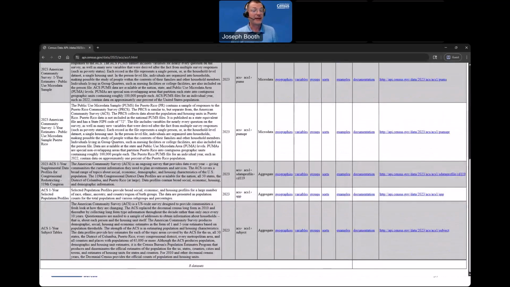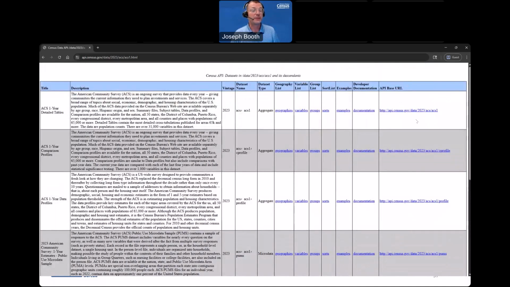So I'm scrolling the page here. There are a total of 8 data sets here, and as Caleb pointed out, you have all the endpoints in the far right column available to you. So what we're going to do here is switch over. You see here, we have this endpoint.